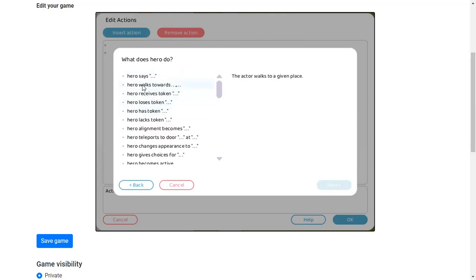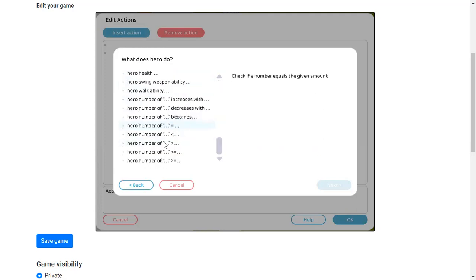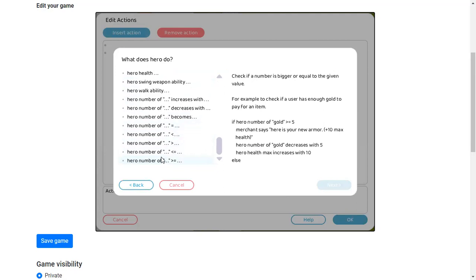And also the has token, but they all kind of go together, like if statements and has tokens and the check if greater than, these all go together. So let's say this one: if hero number of gold is greater than or equal to 5, merchant says here's your new armor, hero number of gold decreased with 5, hero max health decreased with 10. Just within that, they're trying to give you an example of how to use this hero number of blank greater than or equal to blank, which is just,